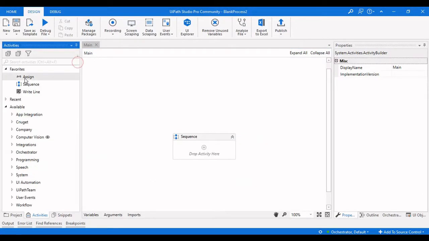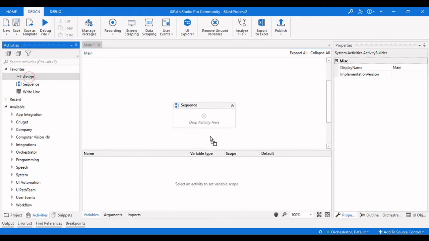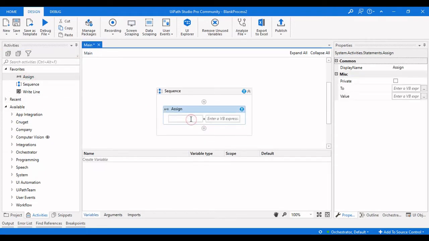So first let me assign a variable which contains both the values. Let me name it links, and let me give it as Action Center, comma, UiPath Assistant.